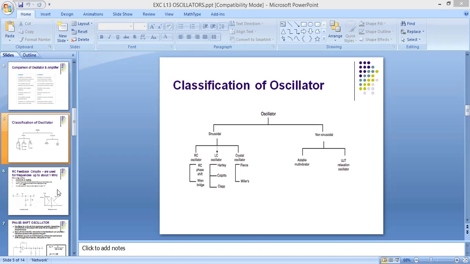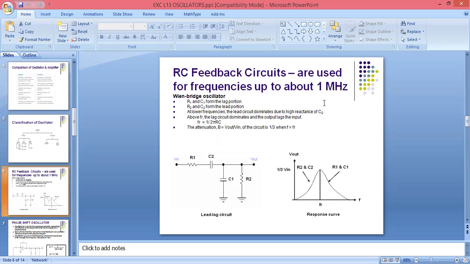The RC phase shift we already saw in our last session. In the RC phase shift oscillator, we are using lead and lag networks. A lag network means that if we use the resistor first and then the capacitor, as you can see in this circuit, resistor R1 is first compared to the capacitor, due to which the output voltage decreases with respect to frequency. You can see here the graph for the lag network. And if you see R2 and C2, the capacitor is used in the circuit before the resistor. So we can call this portion the lead network.